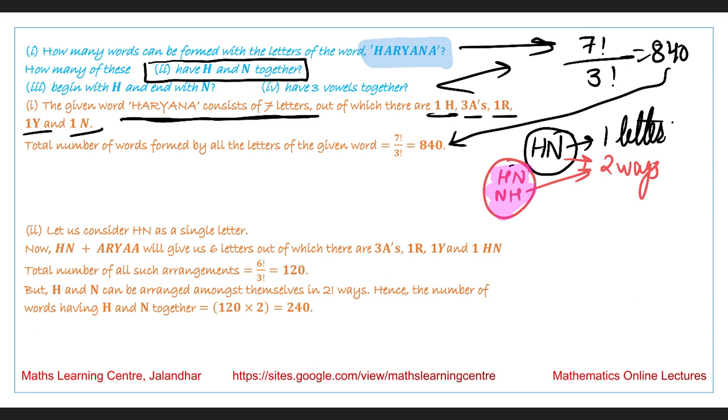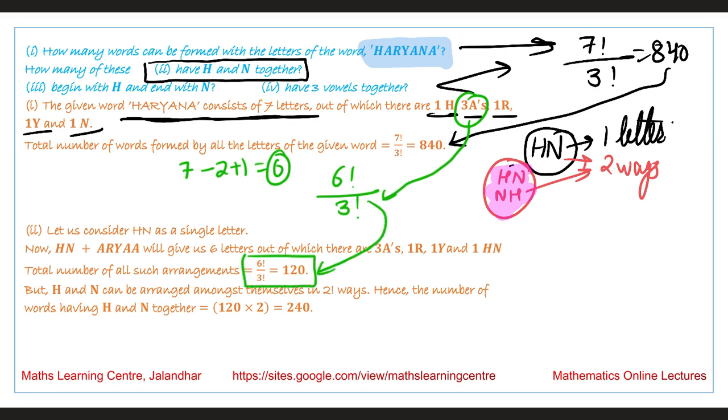We have 7 minus 2 plus 1 is equal to 6 letters. So the number of ways is 6 factorial over 3 factorial, since we have 3 A's, and the answer is equal to